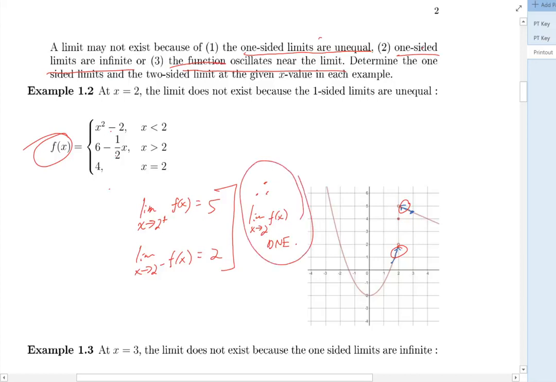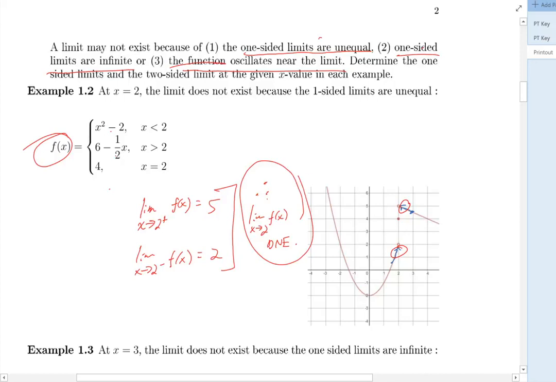How do you prove that a limit doesn't exist? Well, you write what the one-sided limits are, and then that therefore is that little triangle. Therefore, that tells me that this limit doesn't exist. So rather than just writing this, I've written this, which proves it. Okay? So that's kind of the difference here, and that's how you would show a limit doesn't exist for the